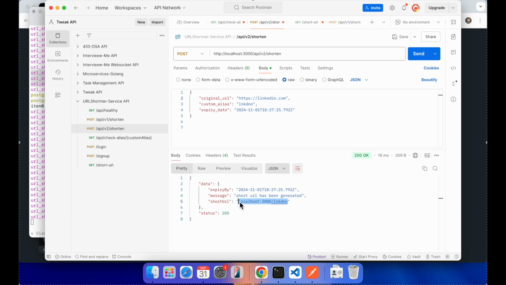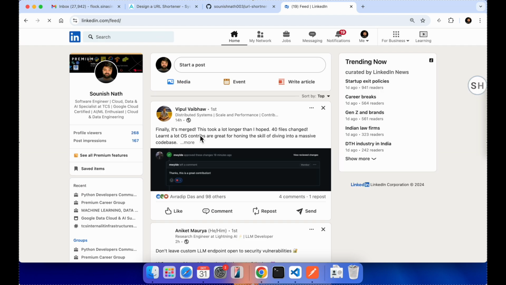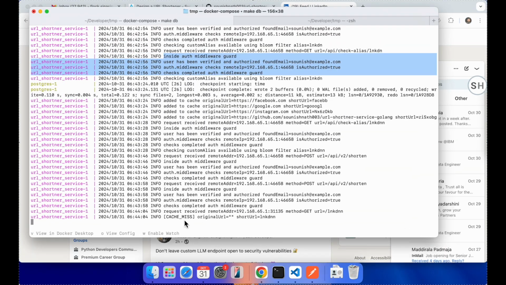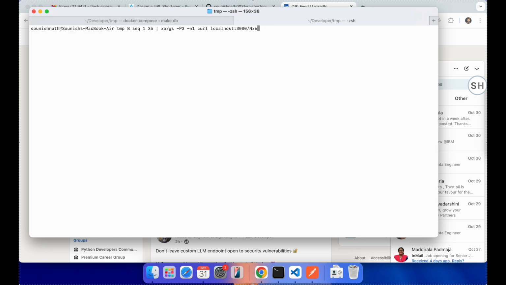So if I just copy paste, come to browser, hit it, what will happen? It is doing the DB check and it is opening my LinkedIn account right now, right? It is a cache miss. Okay, it is a cache miss right now. Similarly, you can also run the same thing,